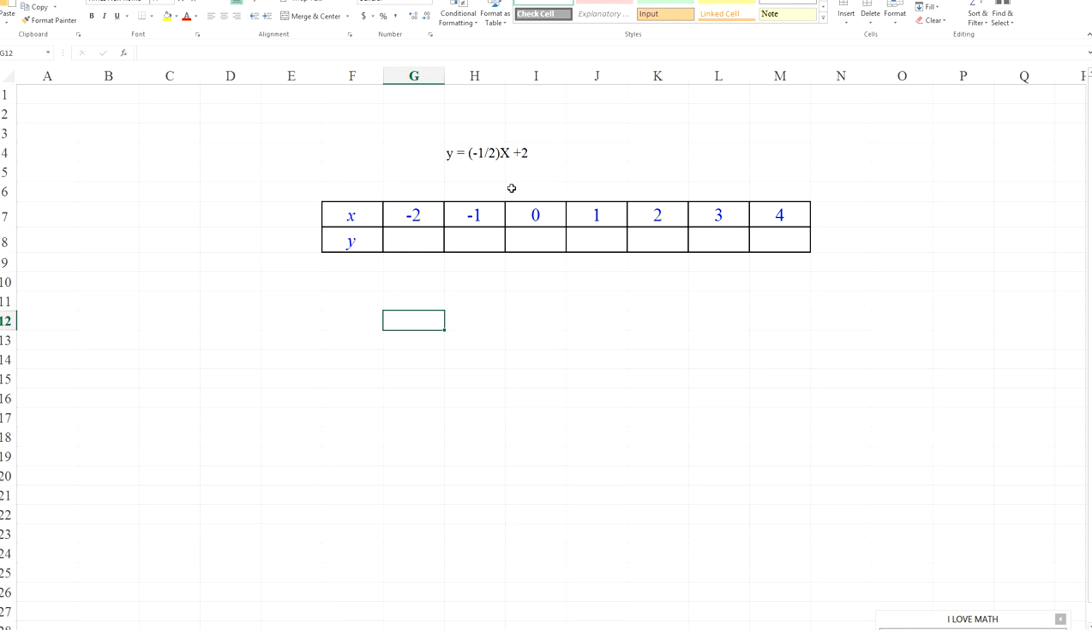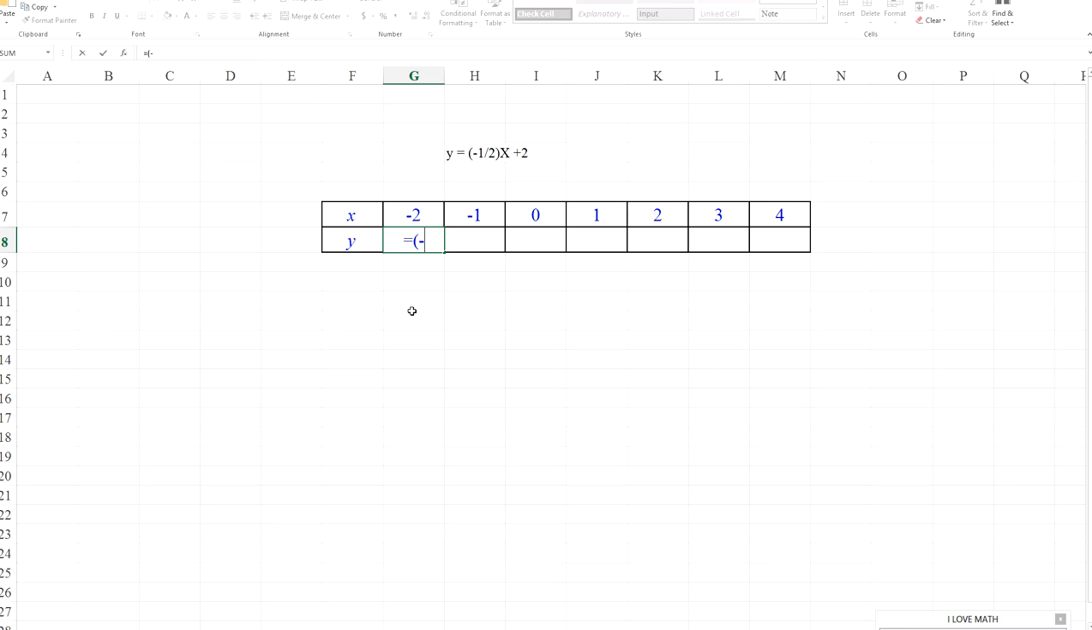And my equation is this: y is equal to negative 1/2 x plus 2, that I got from my original equation 2x plus 4y equal to 8. Remember when we wrote it in the slope-intercept form? So I'm going to use this formula to calculate the value of y. And the way I'm going to do it, I'm going to type equal to, then left parenthesis,